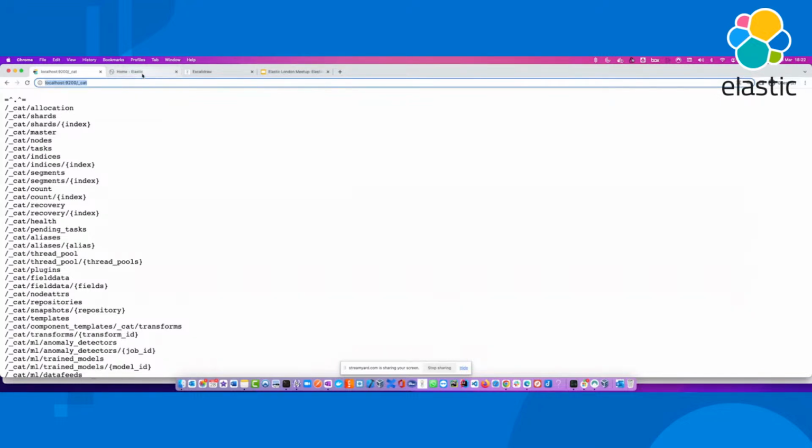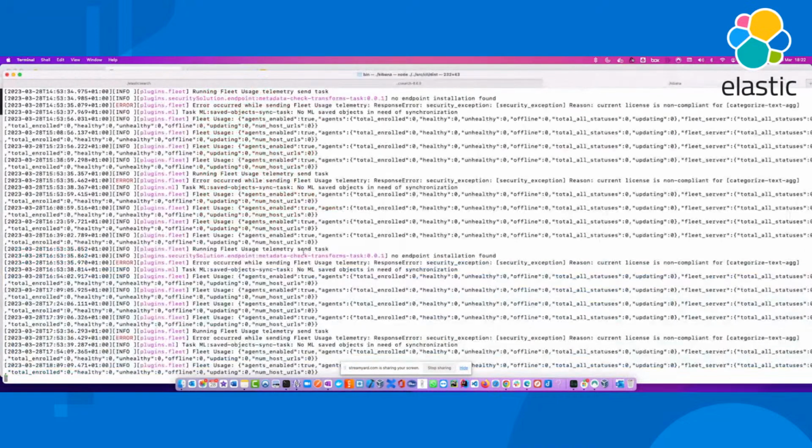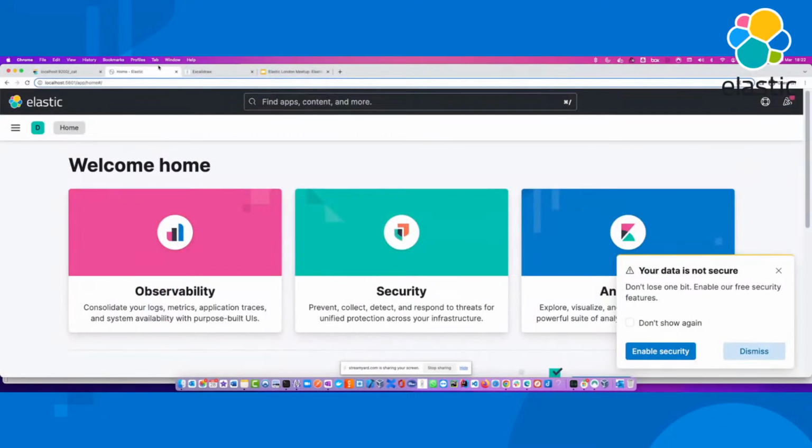So for example, in this case, I have Kibana as one of the clients. As you already know, Kibana is running on my local machine. It's a Node.js based web server, exposing itself on port 5601. So when I go to localhost 5601, you should be able to see a beautiful, feature-rich UI, which is called Kibana. So this is the home of Kibana.